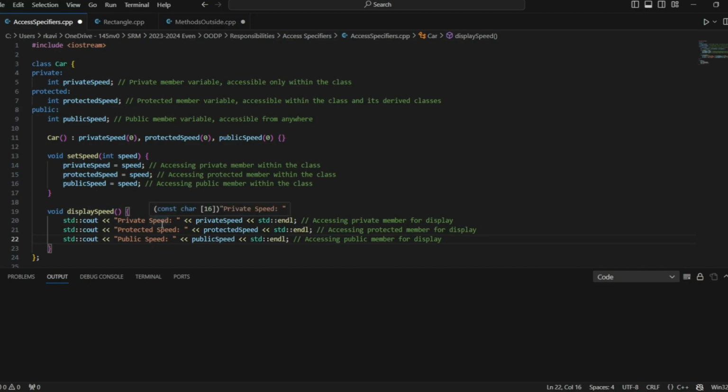It is a way of encapsulating the process of updating these variables within the class. And the displaySpeed function displays all three speed variables when it is called. It provides a way to see the current state of the objects. Now our main function,